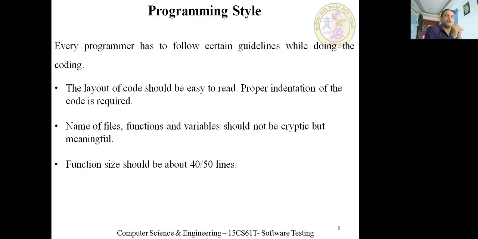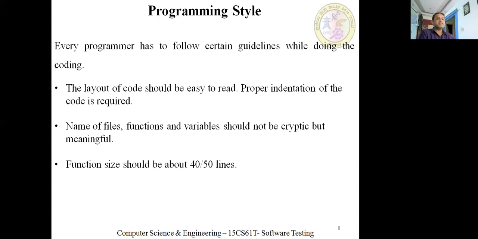For example, you're calculating the salary, so the variable can be salary. Suppose you're calculating the tax, maybe tax, or maybe average salary. So give the variable names in such a way that they give some meaning. Or suppose you're finding the sum, use the variable as sum, or you can use total. Suppose you're entering the marks, so name the variable marks, something like subject 1 marks, subject 2 marks, and so on. So just don't use variable names like I, J, K, or P, Q, R, and so on. It does not convey any meaning. So always select variable and function names in such a way that they give you some definite meaning.